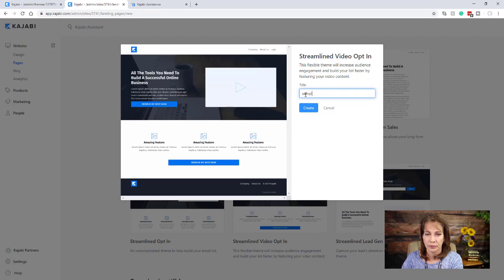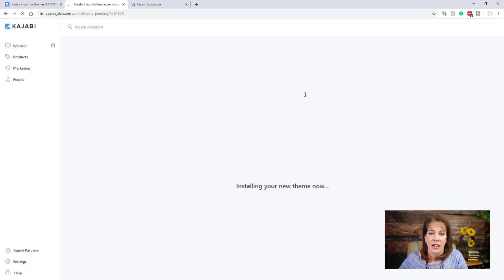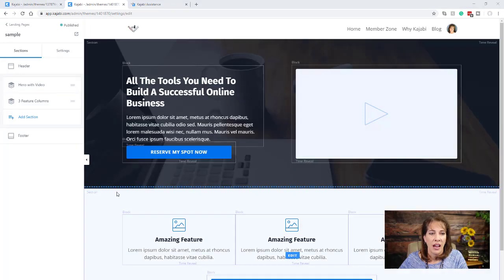and then set your title, and then install the theme. And then Kajabi will load things up for you based on the theme that you have selected. Now, a few things that you'll notice that are a little bit different,